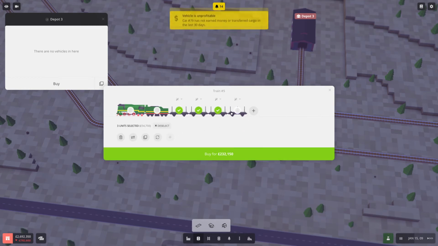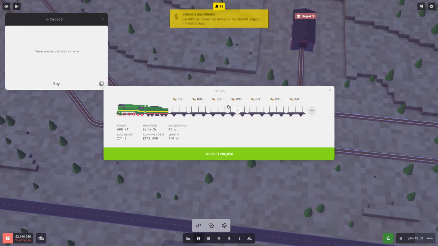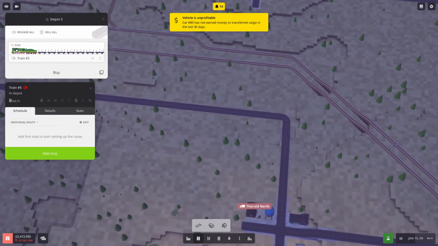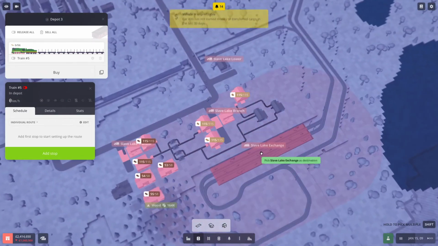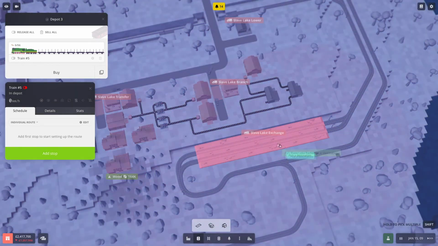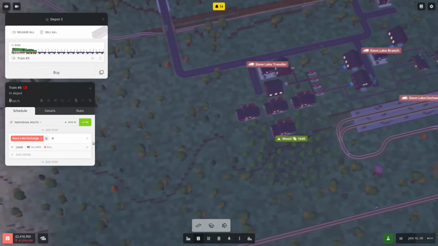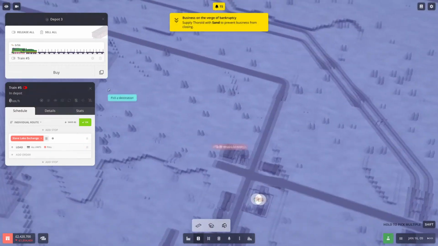Maybe we'll just go for, I think that will do. Just push shift and come in here. You're going to carry wood planks. I think that should be more than enough. And then you're going to come all the way down to here. And add stop, load. And then you're going to come all the way up to...